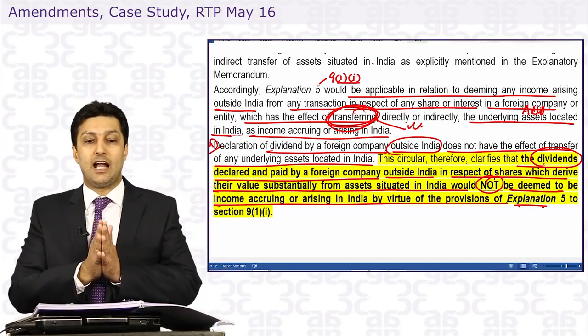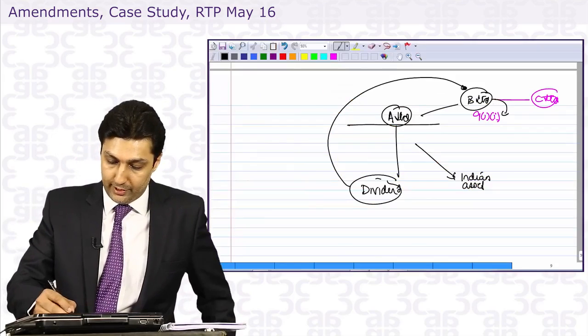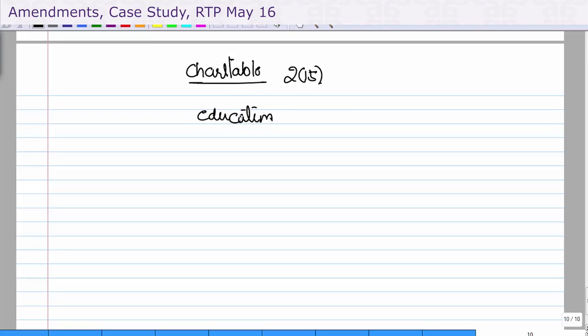Now, yoga has been added. Please understand, since we are doing it, let's go through the points. In charitable trust, we've talked about charity being defined under section 2(15), and the point that I'm raising now might be a point which can be raised. We had education, we had medical, we had relief to poor,